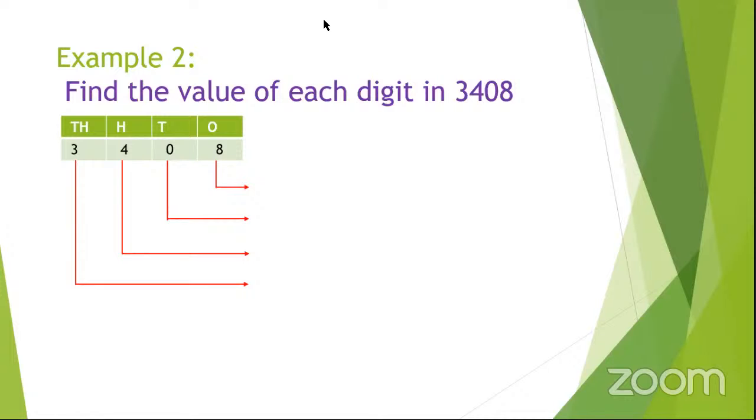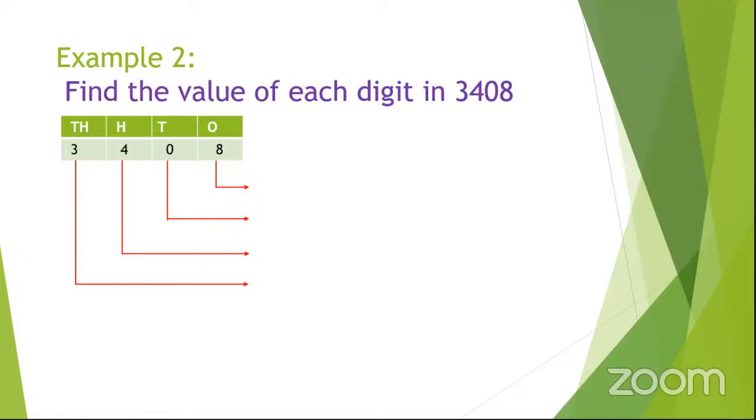Abigail, yes, your hand is up. Speak a little bit louder if you're speaking. The place value of 8 is ones. Yes, the place value of 8 is ones. That one we've known, thank you. But how can we get its value now? Multiply 8 times 1. Good, thank you so much.